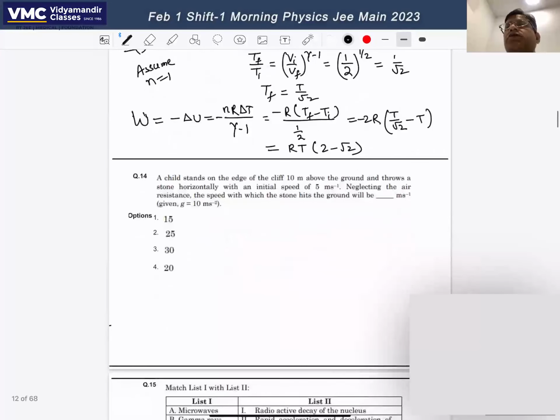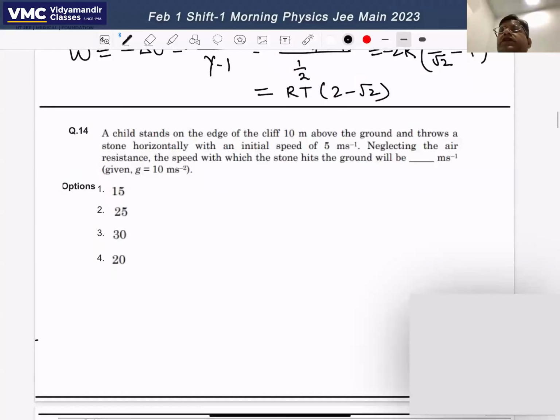In question number 14, a child stands on the edge of a cliff 10 meters above the ground and throws a stone horizontally with an initial speed of 5 meters per second. Neglecting air resistance, the speed with which the stone hits the ground will be how many meters per second? g equals 10 meters per second square. So for this question,